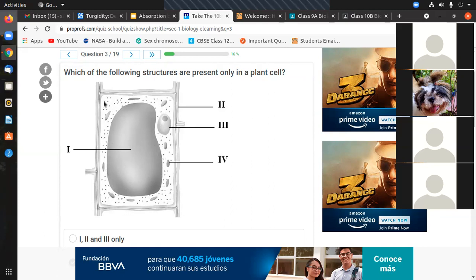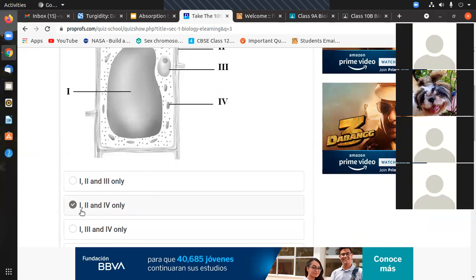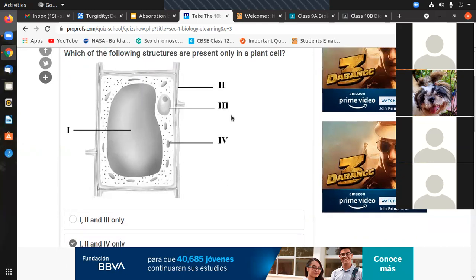They can be ribosomes also, right? Yes, it can be anything which is equally there, like ribosomes, which are part of animal cells as well. That means they are present in both cells, but what we are talking about is only in plant cell. So actually the nucleus, this third structure, is present in both. So surely that is not the option. So 1, 3, and 4. Sorry, 1, 2, and 4, not 1, 3, and 4. The third is present in both types of cell. Large vacuole is specific to plant cell. Cell wall is specific to plant cell.